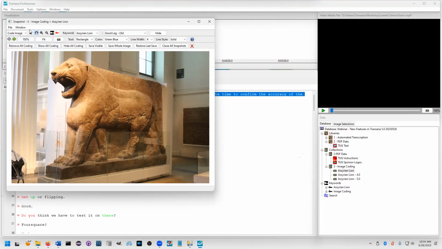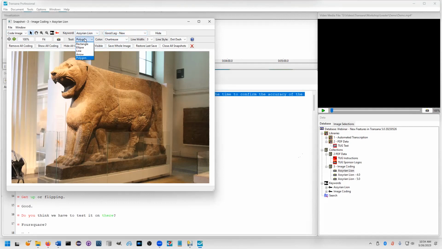And so the way Transana 4 would work is that you were allowed the rectangle shape and you drew the rectangle and kind of fit it as best you could. Whereas so I'm going to go ahead and hide that,